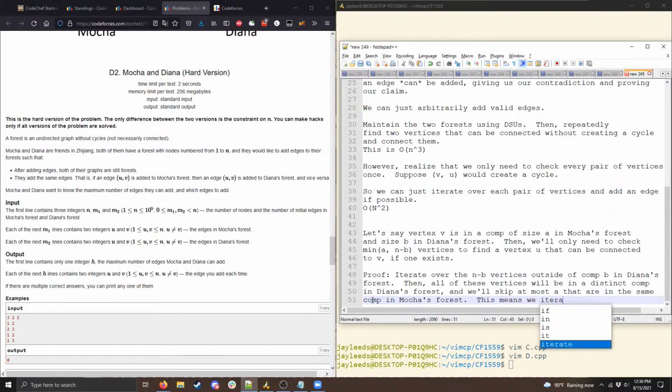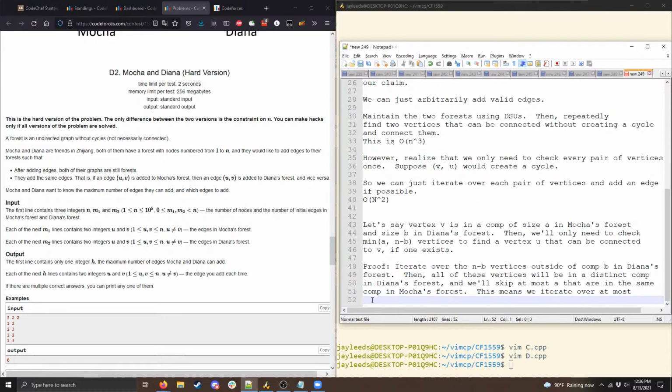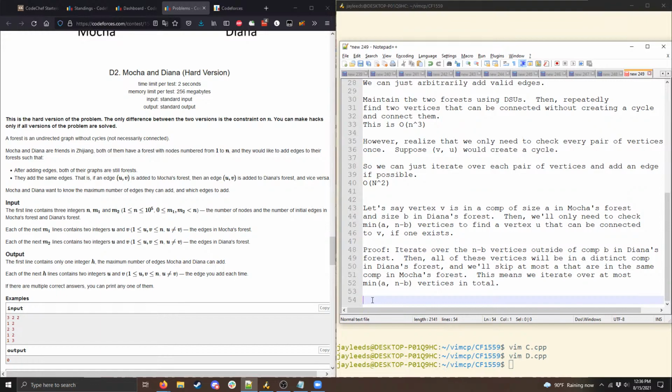So this means we iterate over at most min of A and B vertices in total. And I'm going to use that in a moment to get you guys an efficient solution. But again, this is sort of a situation where you just write things down until you get something useful. Here, the motivation for making this observation is that